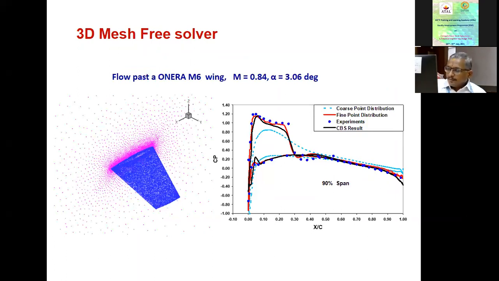So this is a real aerospace type of geometry, a wing. This is the famous Onera wing, a well-known validation test case for any of the CFD methods which are developed. These are the geometries against which people are supposed to validate. Here you can see we have compared our mesh-free solution, shown in the red line. The dots are the experimental results. The black line is another CFD solver, a finite element method based solution.